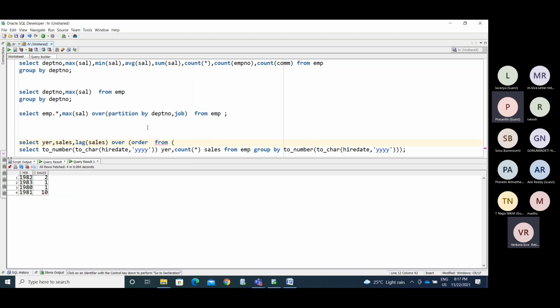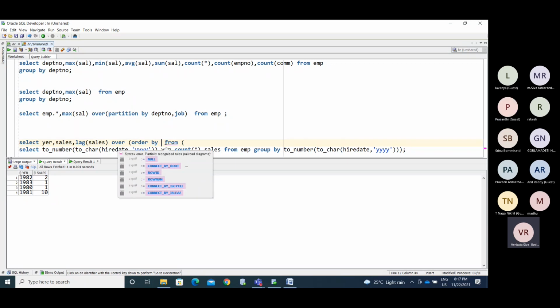I don't need to use anything here, order by simply. I already performed the grouping operation inside that, that's why I'm not performing it here. Order by. So here. Okay, this is the lag.